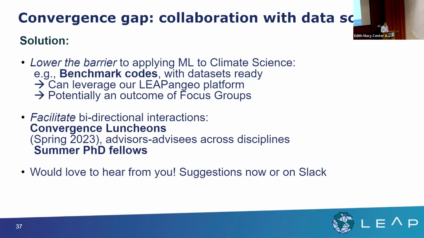A couple of things we are trying to do for that is, again, to lower the barrier. We talked about all of the data infrastructure that we have, so we can potentially make things much, much easier. So you could actually use a climate data set, as Julius showed you, as opposed to ImageNet, right? So it seems that we're almost there, right? I mean, we are very, very close to that. But we also need to define benchmarks, right? That's really how we can define a machine learning problem in particular, having very clear benchmarks and things that we can do.